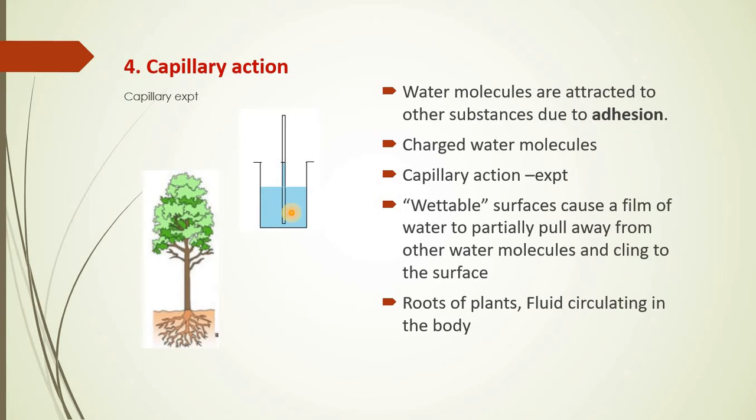You know that plants derive their nutrients from the roots and then it is transported to different parts of the plants or the trees, right? Now this movement of water molecules or nutrients is always seen against the gravitational pull. So here there are two important properties which we need to consider. The first one is adhesion and the second one is capillary action.